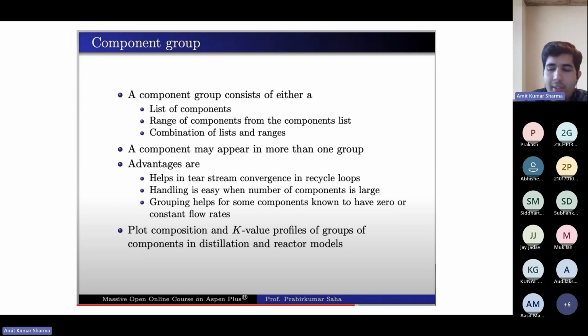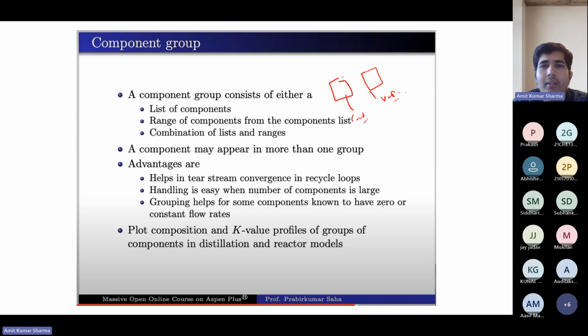Suppose you have some components in liquid form, and some that will always be in gas form. You can make two sets, one condensed and one in the vapor phase. So you can define these.